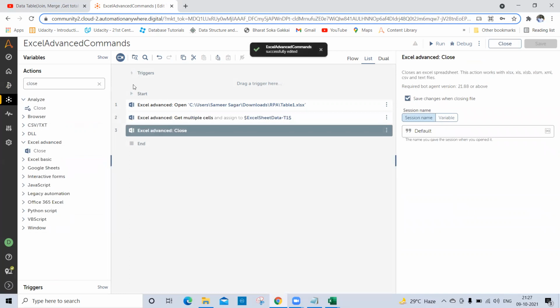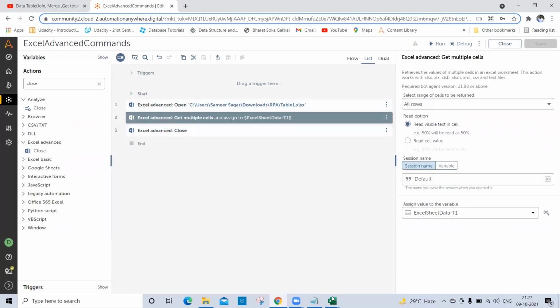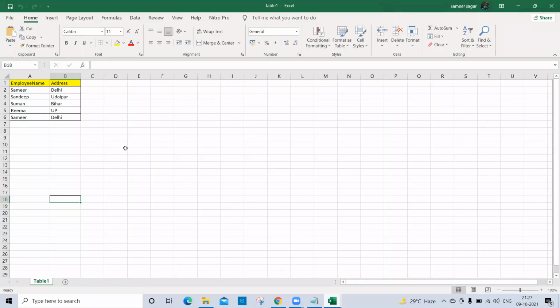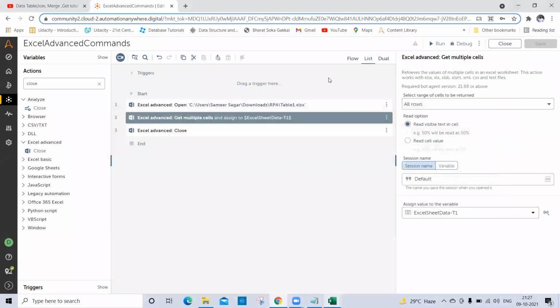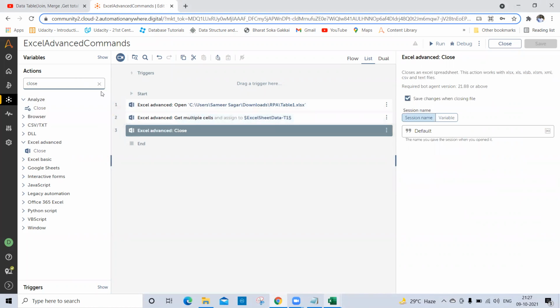Now suppose you want to display the value of this one, like A3, then how can we display it from the data table? I will show you that in a message box. Let me display that value from that table variable. Message.